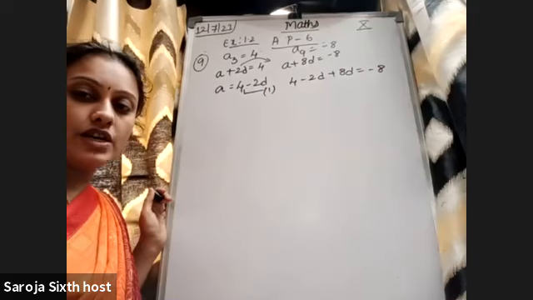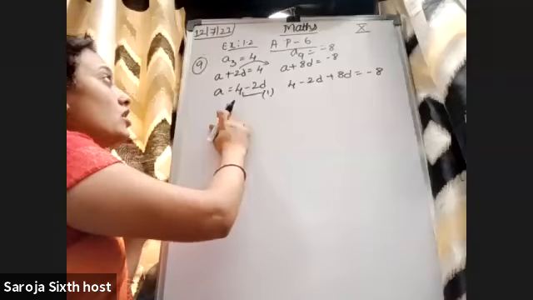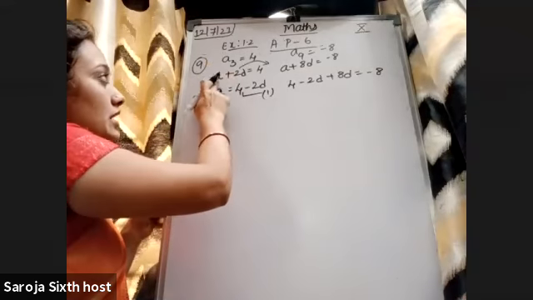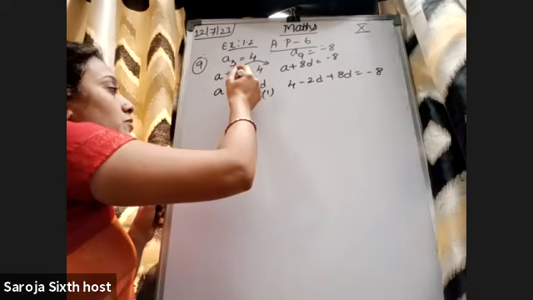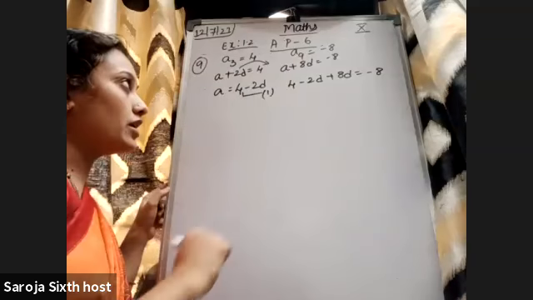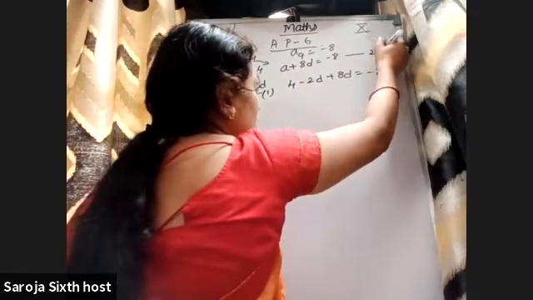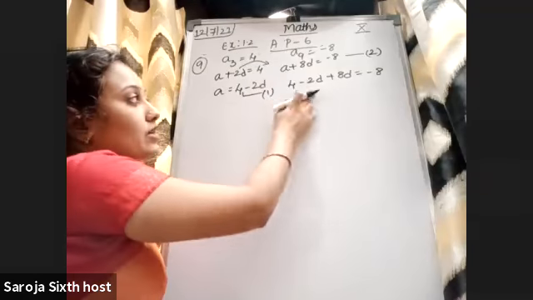Anybody is having doubt? Vidyashri, are you there? Will you please explain again, ma'am? Which one, dear? This one, equation 1. Yes, ma'am. So here A3 can be written as A plus 2D is equal to 4. I will shift this plus 2D to this side, so you will get A is equal to 4 minus 2D. You call this equation 2. Substitute the A value in the equation.